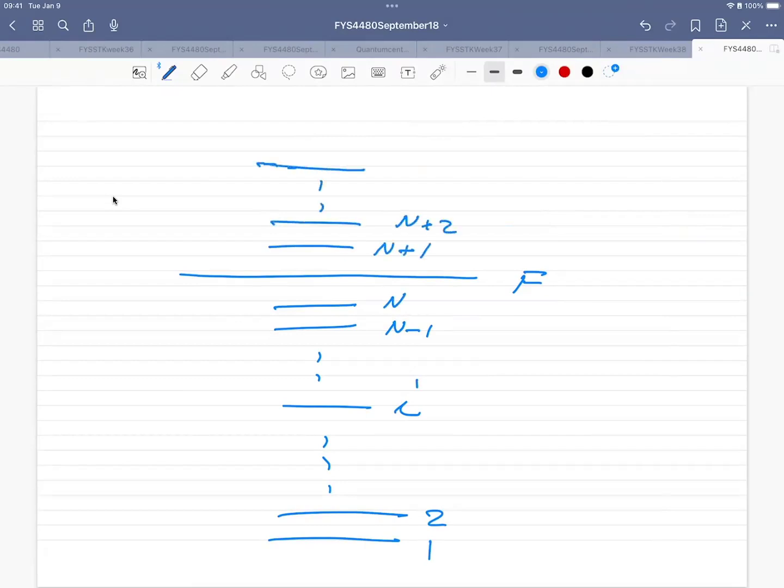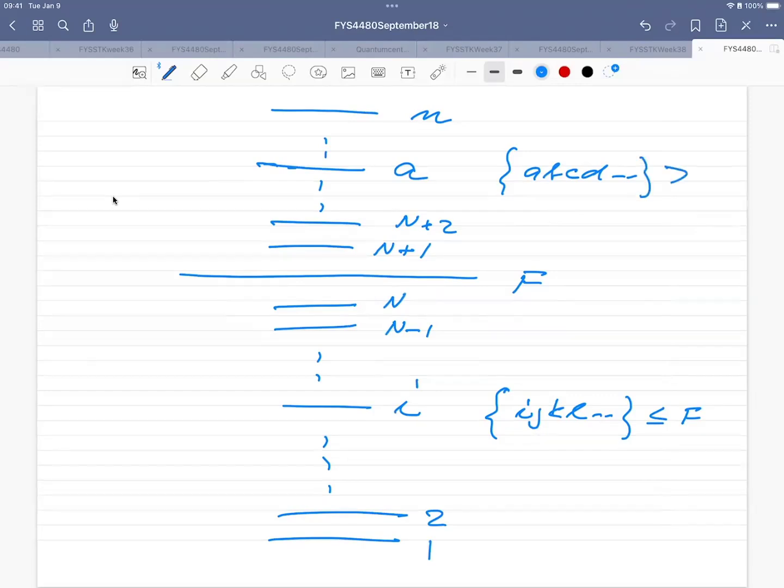So instead of having Greek letters, you can think of a state A here. I'm going to use a notation for states below the Fermi level. So these are states below the Fermi level. And then for states above the Fermi level, we are going to use other letters, and when we have more than 3-4 particles, we will put a subscript, but letters like A, B, C, D are going to refer to states above the Fermi level. And we typically label these as particle states,